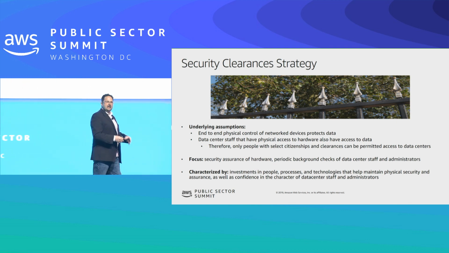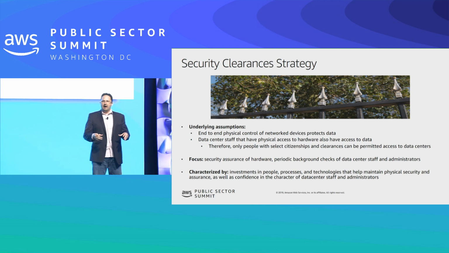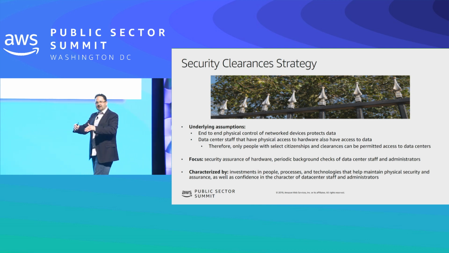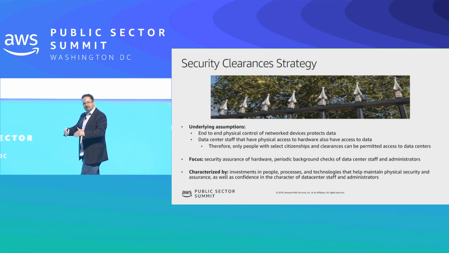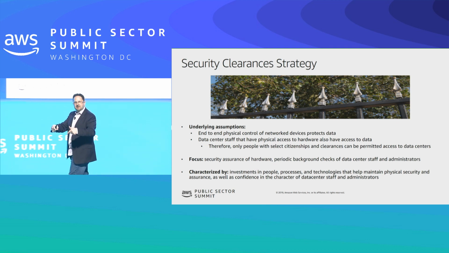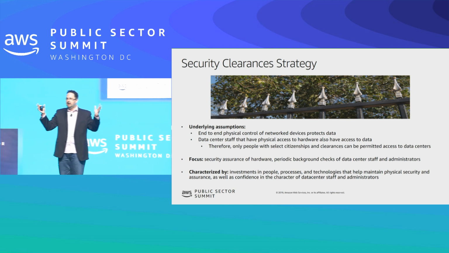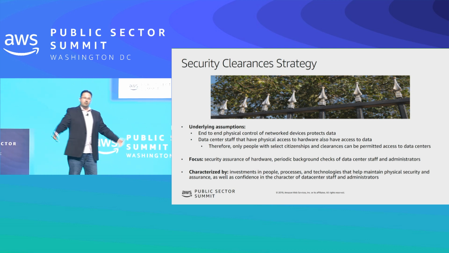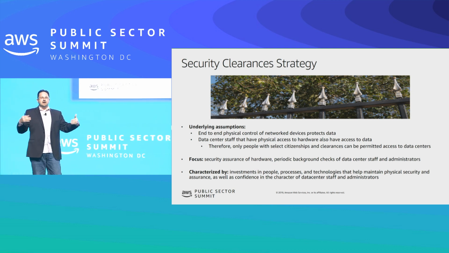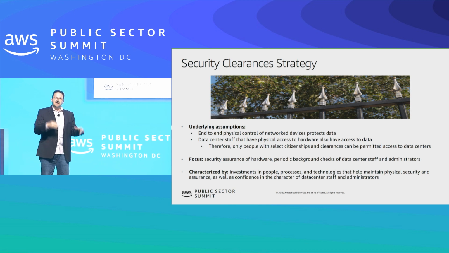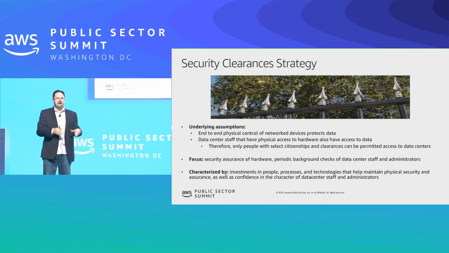in order to get access to that data. So in today's world of managed service providers, that means that if you're inside the data center and you have physical access to systems, that means that you have logical access to the operating system, to the hypervisor, to the virtualized workloads, and to the data. Okay? So for years and years, we've had public sector entities demanding that the people inside those data centers have those security clearances. After all, they can get access to data.